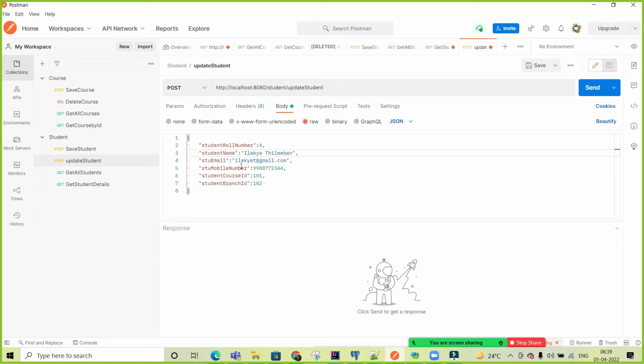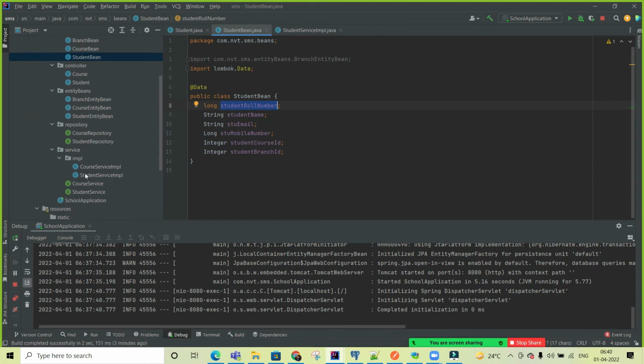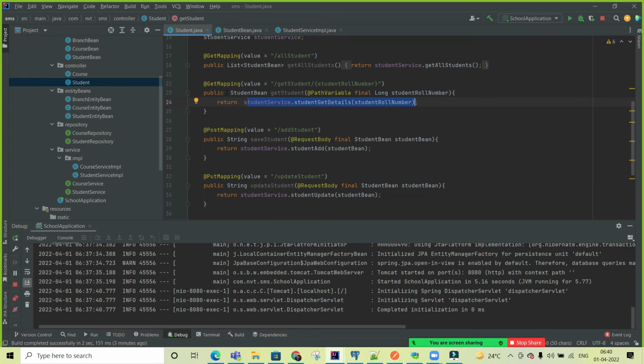Now I want to update. I do not want to update anything, that is my requirement. Okay, I did like that. Clear? Okay, I'm saving this one. I'm checking this. ID is mandatory, and you are passing the post method by mistake. Then which method is there inside this application? Put. If you come to the student controller, then you have the put method and update student is there.